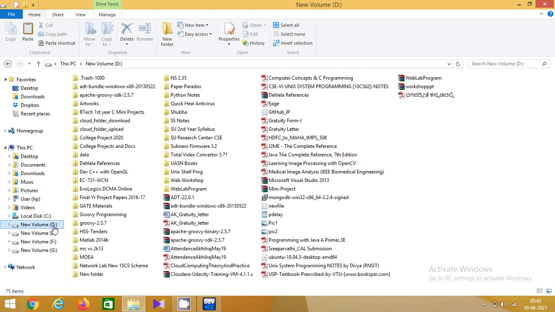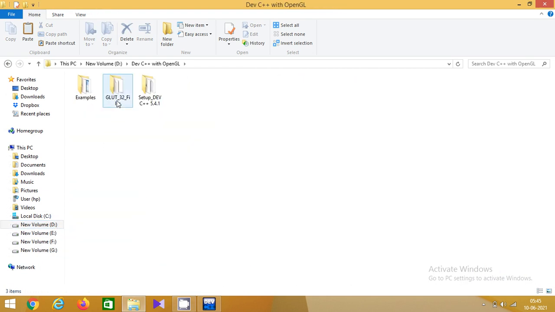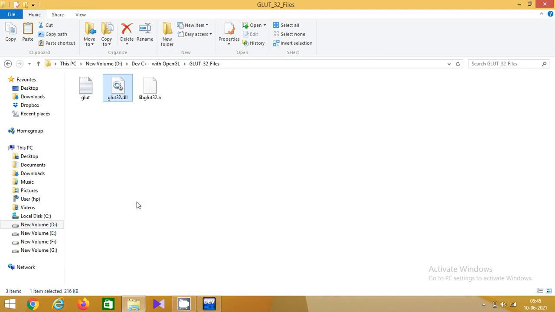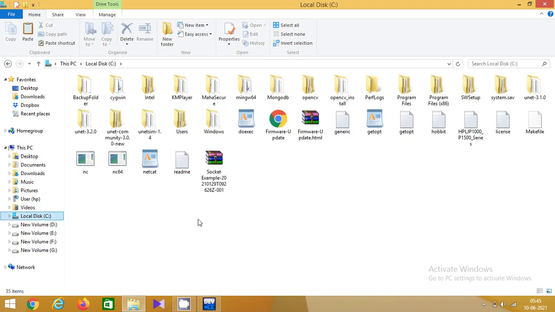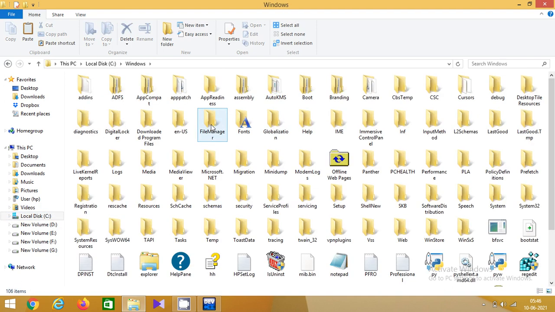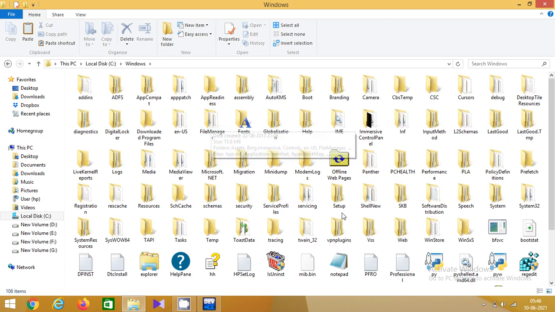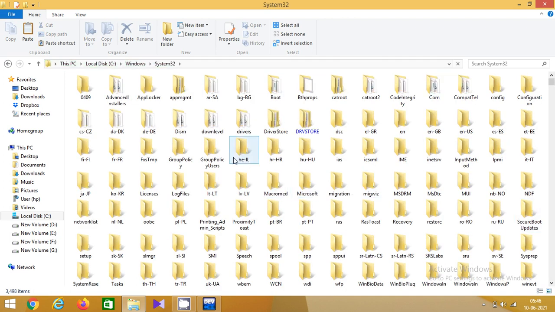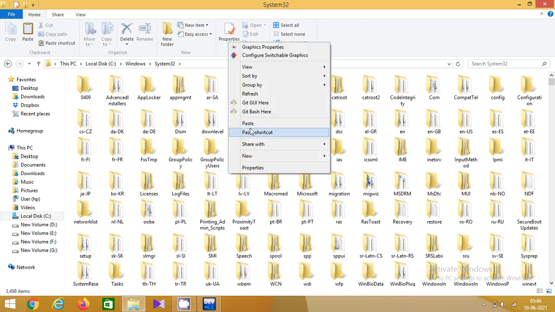Now finally we have to take the DLL file. Copy this DLL file and go to C drive, Windows, then System32. You will find a directory by the name System32. Here you paste.